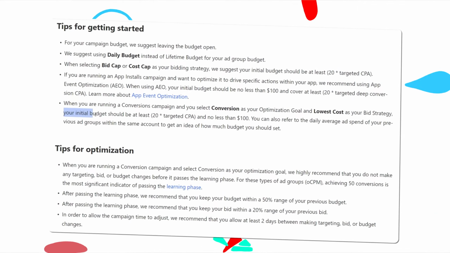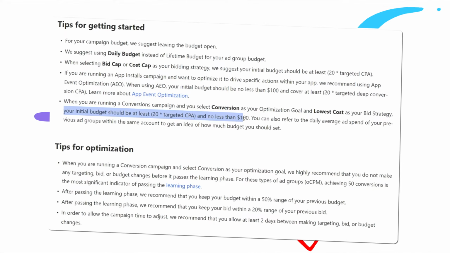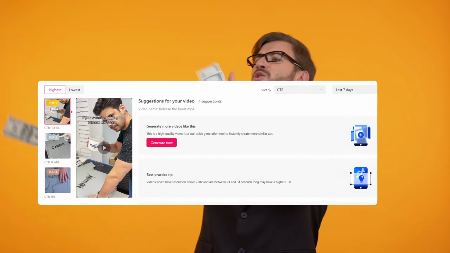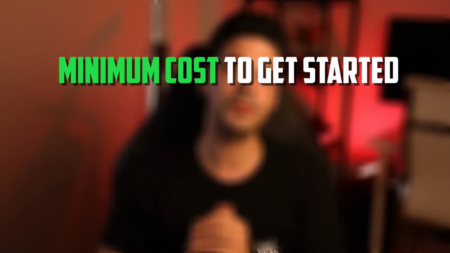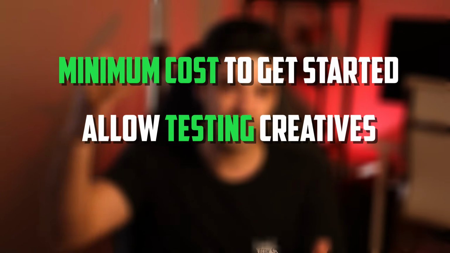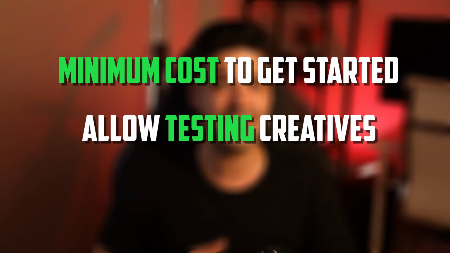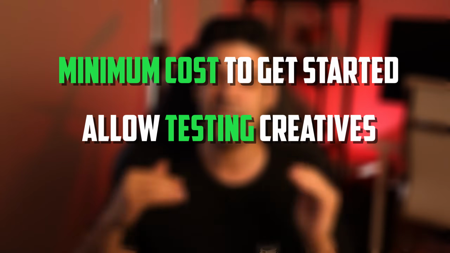You know how TikTok suggests you spend 20 times your targeted CPA, but let's be real, you don't want to spend that much money on creatives and ads that are not going to end up performing as you want. You want a strategy that will cost the absolute minimum to get started, but that will allow you to test the creatives and discard the ads that are not working, and at the same time, it should be super simple